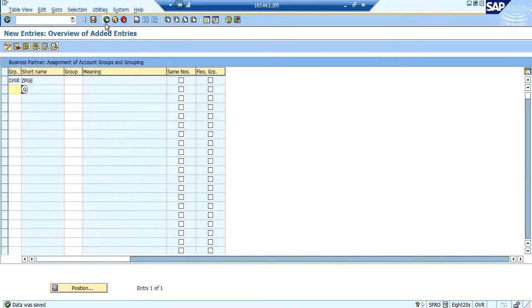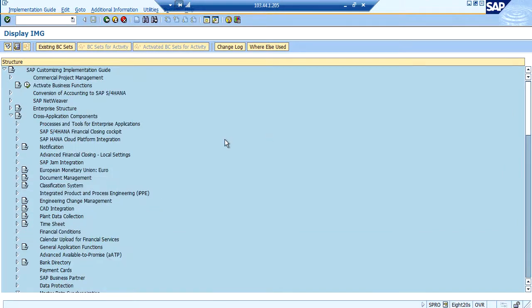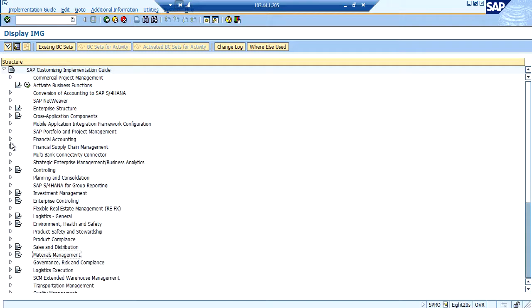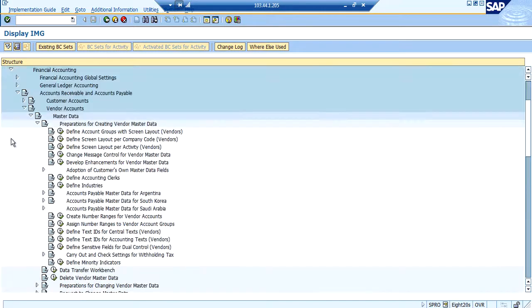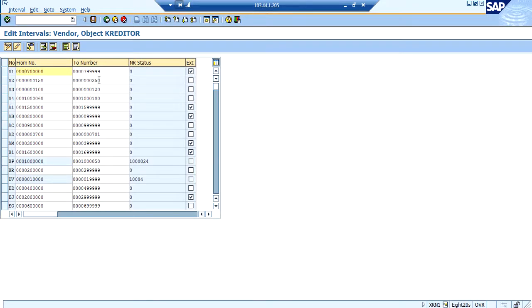So let us sort this out. In financial accounting, we have created this number range. Keep it external.